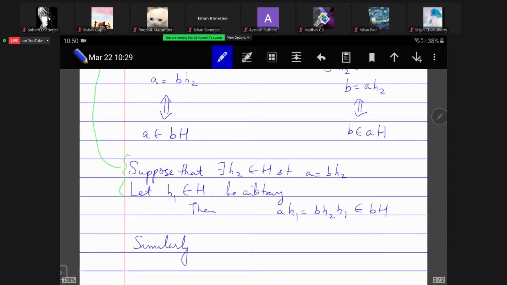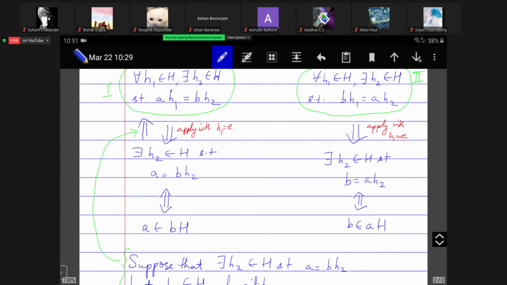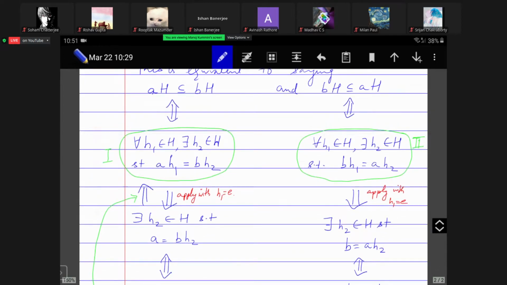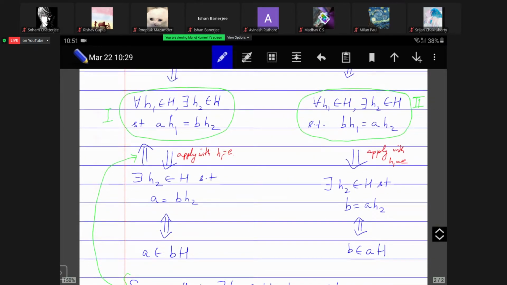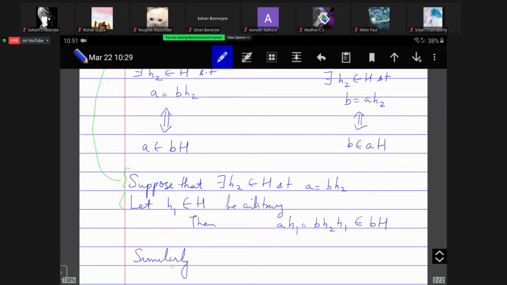So A is in BH if and only if B is in AH. Could you repeat what you said? I didn't fully follow. So A is in BH if and only if B is in AH. Yeah, so the two statements at the bottom are equivalent. That's what I'm saying. We'll come to that point. Yes, so what you said is correct: A is inside BH is equivalent to B is in AH, but